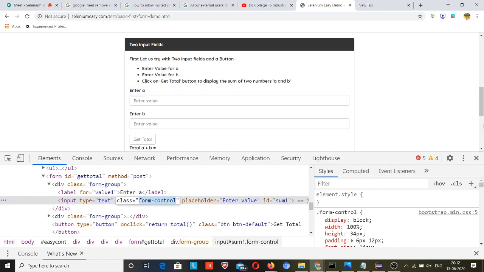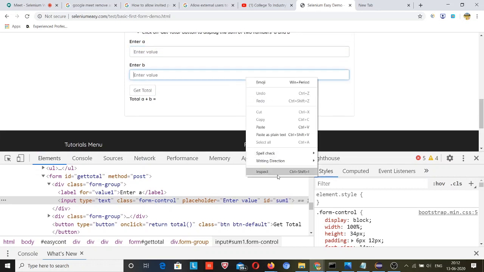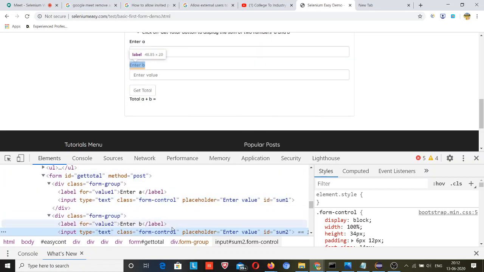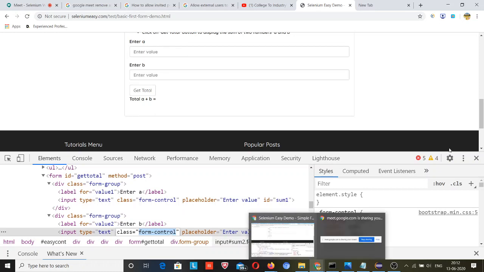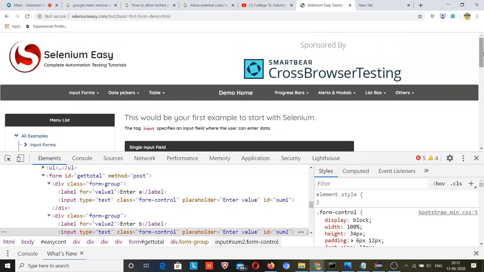Okay guys, now I will right click and inspect this value. This also has the same form control class. So if I pass it by class name, what will happen, let me show you. But before that, let me tell you one thing.